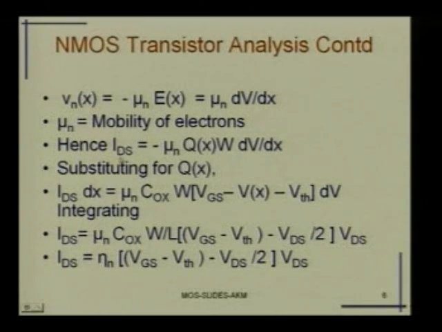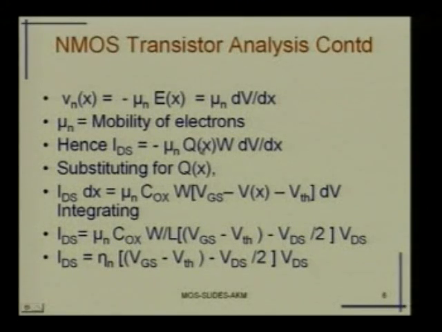And in this environment, therefore, the expression for IDS, if you substitute it, becomes like this. So, the current is now a function of the voltage, and this is a simplified expression, by the way. It is a very simplified expression. We have made lots of assumptions. We have assumed that the mobility is constant. We have assumed that